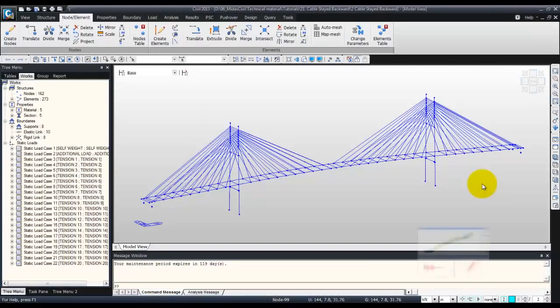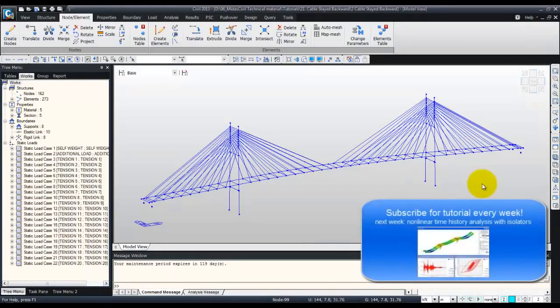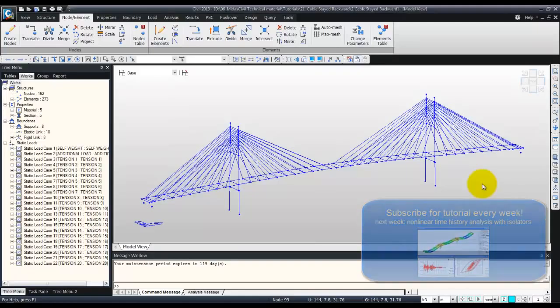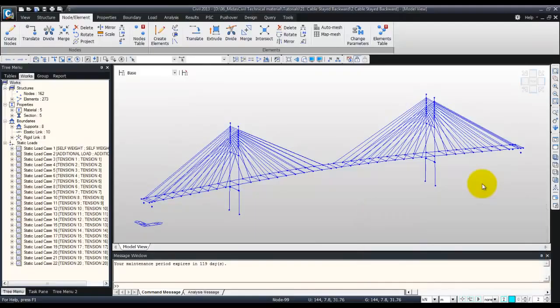So this is my second tutorial on cable stayed bridge for Midas Civil. In the first one I've shown how to model this cable stayed bridge, and now I will show you in this one how to make the construction stage analysis. So construction stage analysis is used to check the stability during the construction at each stage and to review the